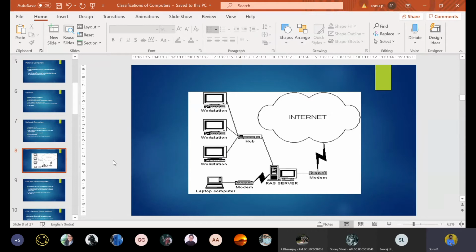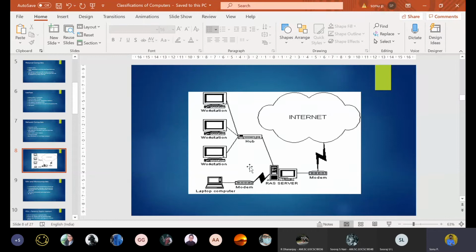Okay, what is the difference between a network computer and a workstation? You can say by looking at this image. Are you seeing this image? Are you there? Yes. Okay, you're following, right? So with this figure, what is your conclusion? What is happening here? How is it related to a network computer?